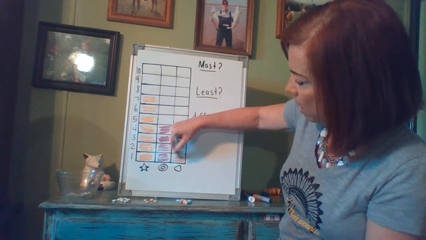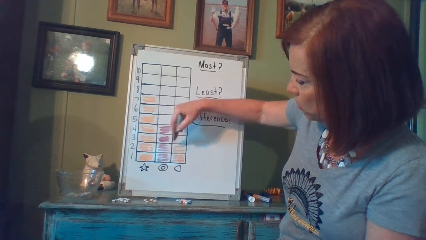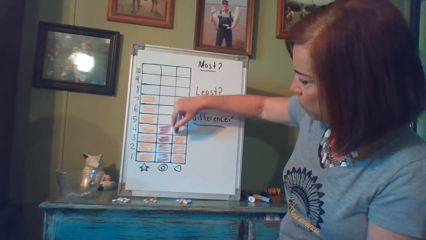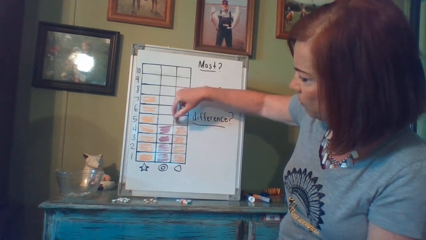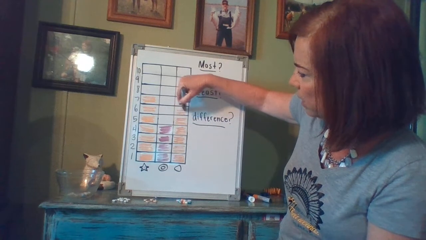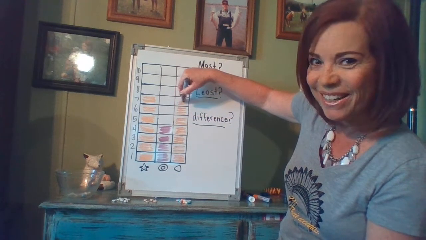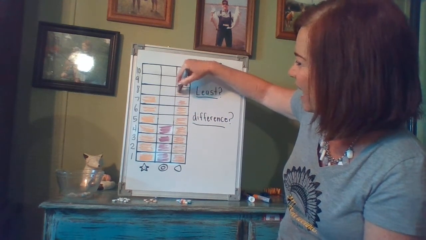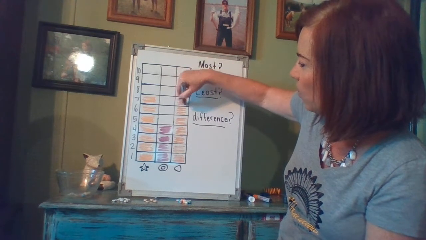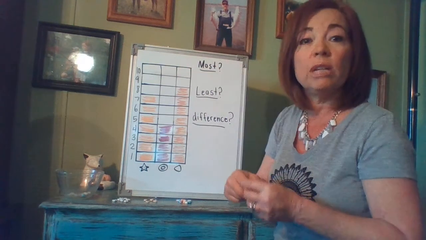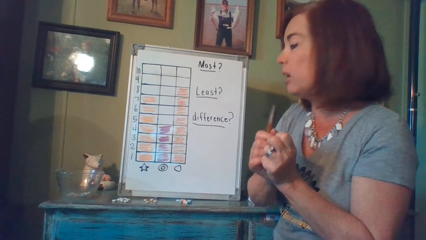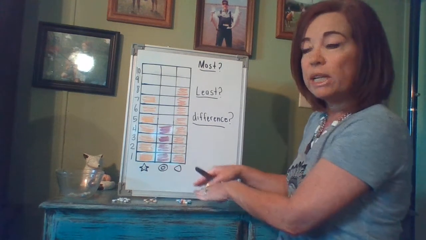1, starting at the bottom. 2, 3, 4, 5, 6, 7, 8. Wow. So first thing we did was we gathered the data, then we sorted the data into different categories,